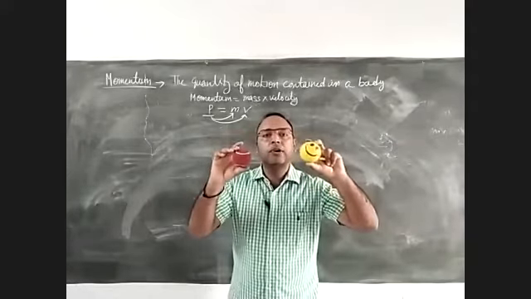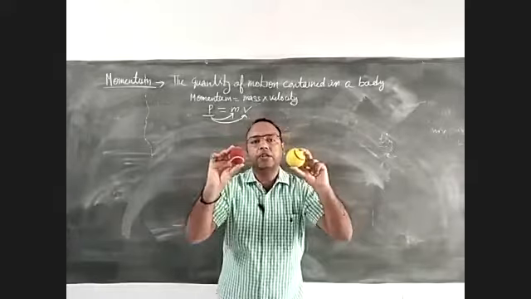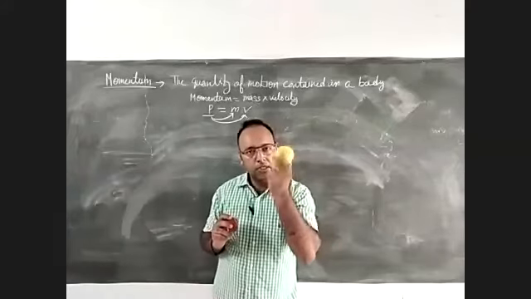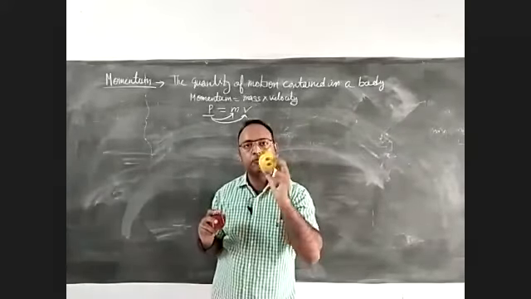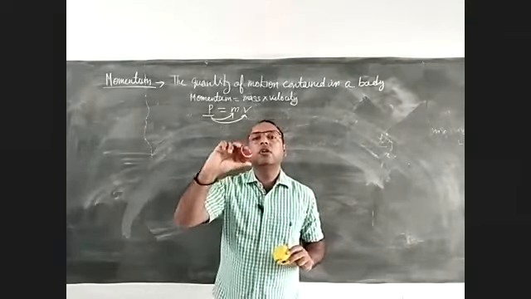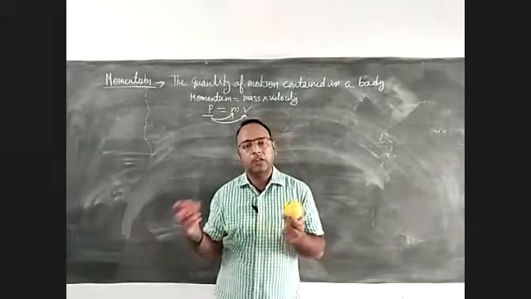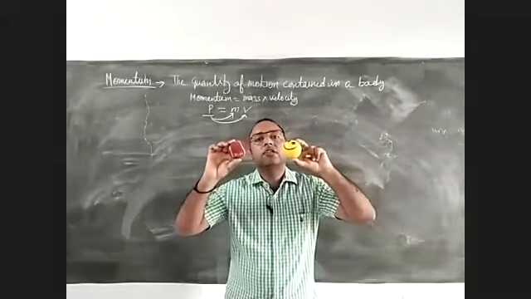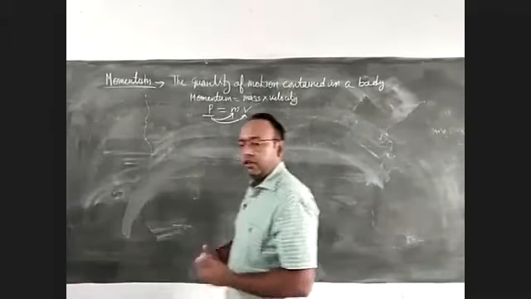So which will produce more momentum? We know that if I throw this ball with the same speed at the bottle, this will produce very little damage, or it will affect it in a lesser amount as compared to this. Because if I throw this ball at the bottle as I have used in the activity, this will create more effect. Why? Because it has more mass, even though the velocity is the same, right? So this way we can say that momentum depends upon velocity and mass. If velocity changes, momentum also changes. If velocity is more, momentum will be more.